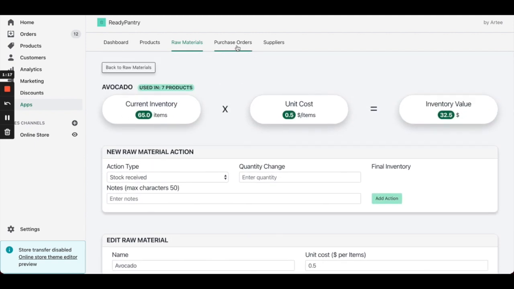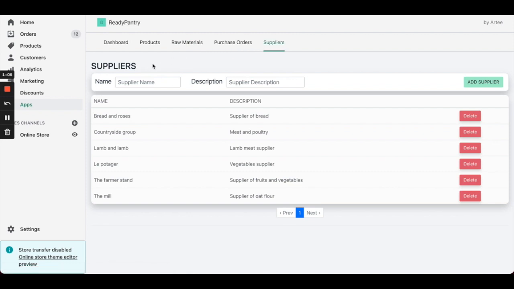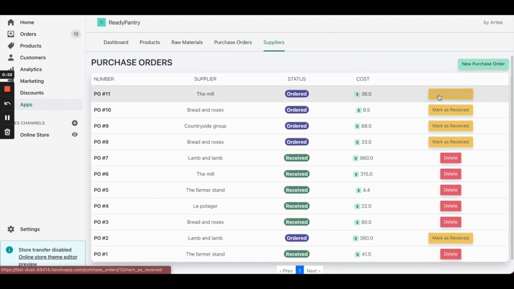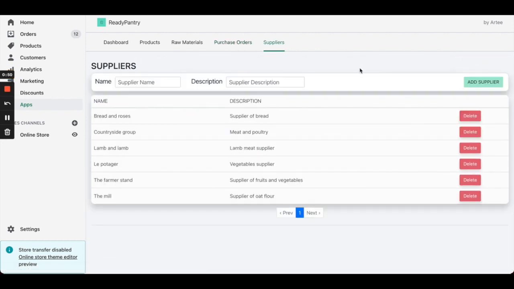Now let's get to the purchase order functionality. So you actually have the option of recording a purchase order. And first, you can actually create a supplier or delete a supplier that you've created, with a name and a description. And when you go to your purchase orders, you can see the dashboard of all my purchase orders. I can create a new one,